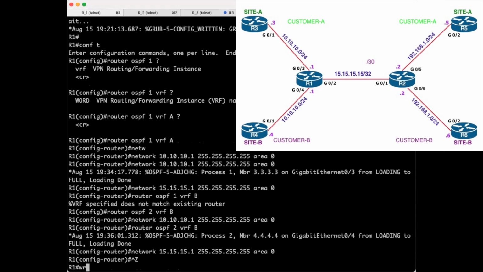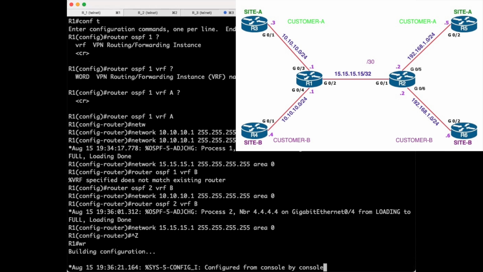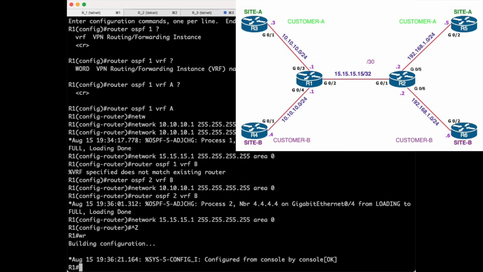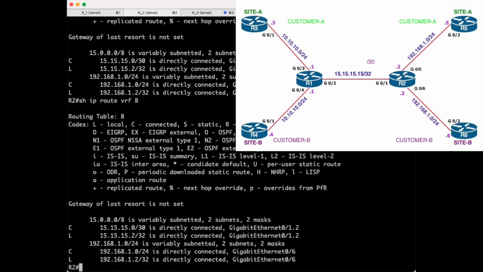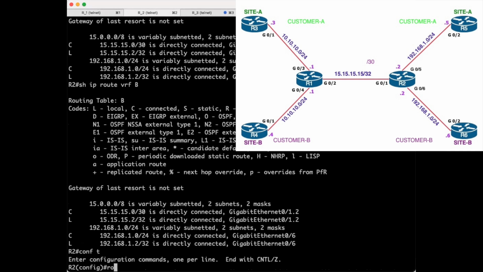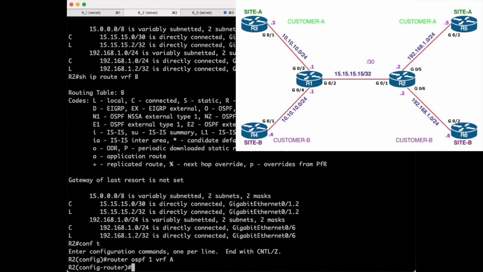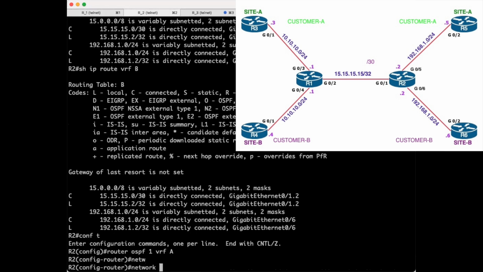Now we have saved the configurations for router 1. We have issued the OSPF configurations for both the VRFs here. The same way we have to configure OSPF in router 2. I'll go to router 2 and configure the OSPF routing process 1. First, we have to configure this for VRF-A, for customer A,